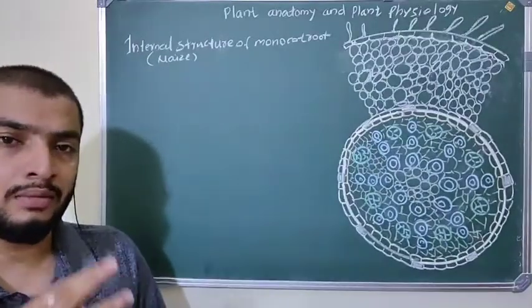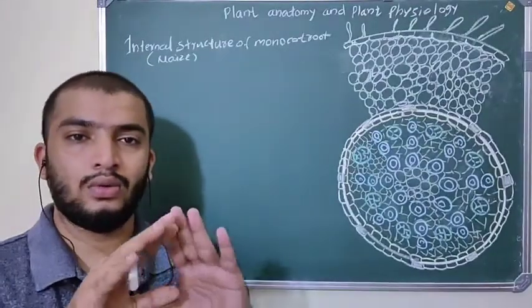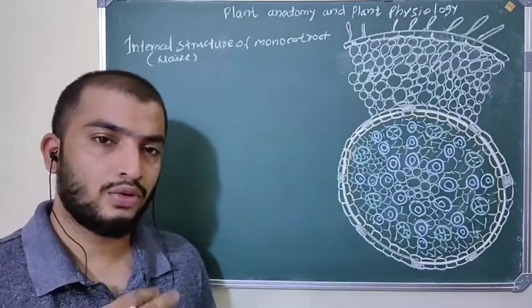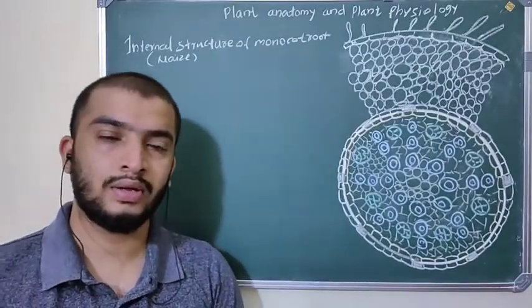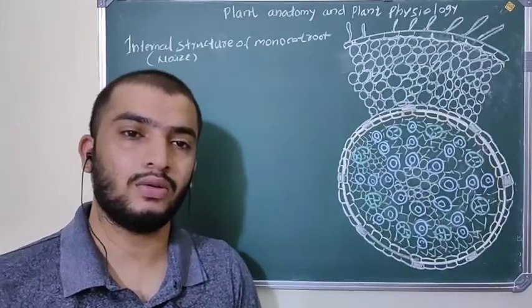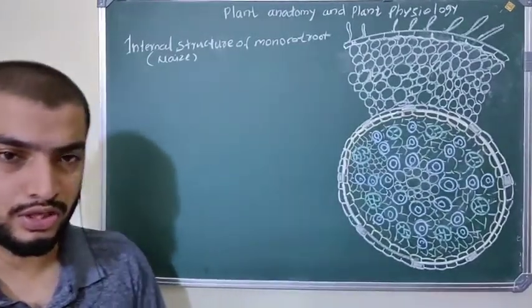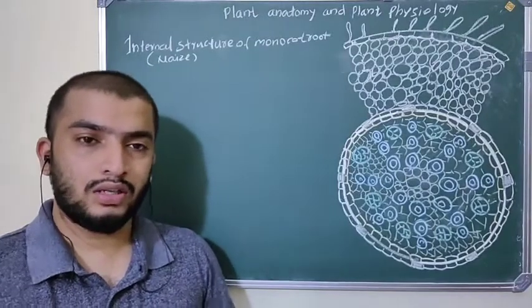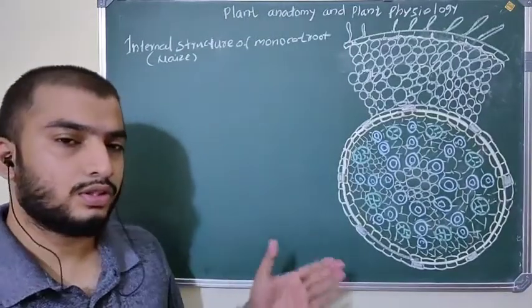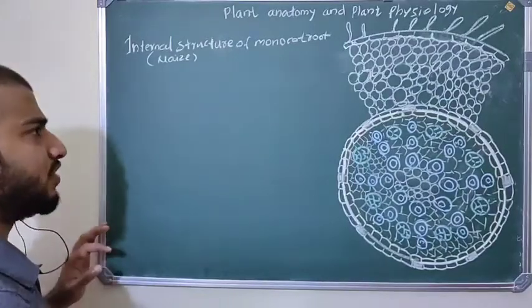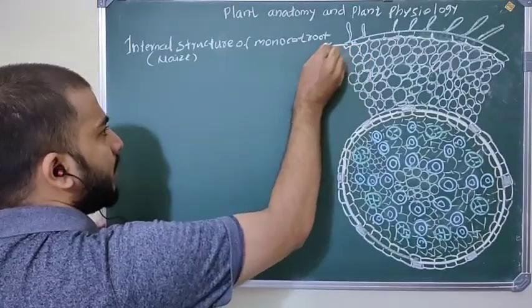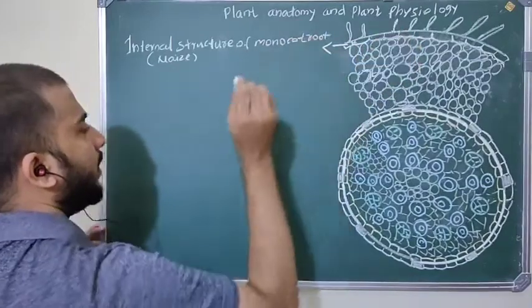We already completed the dicot root internal structure. Today we are going to look at the internal structure of the monocot root, of the maize plant. So what are the parts of this monocot root? If you study it anatomically, first of all, the outermost layer is called